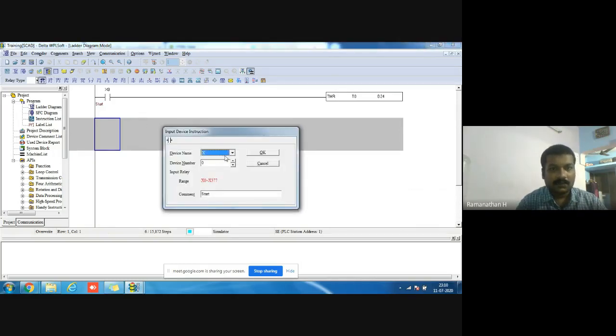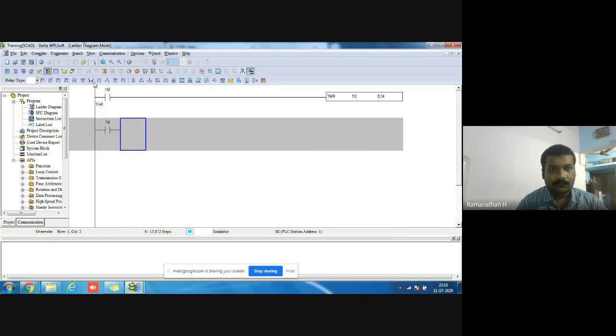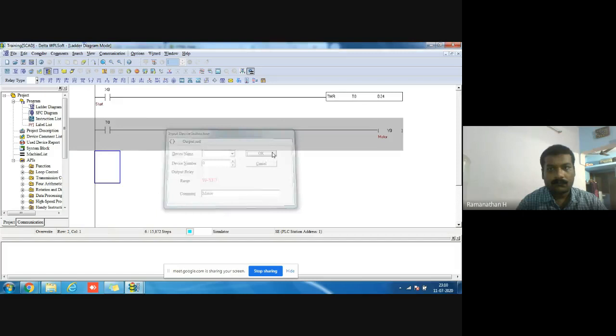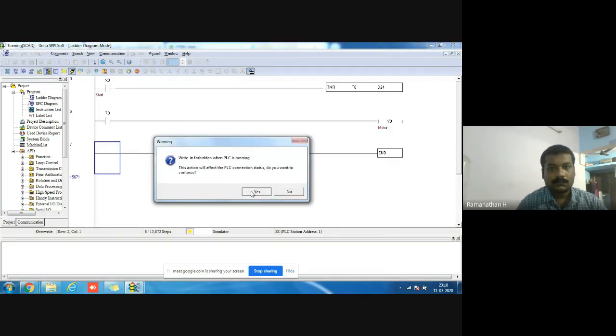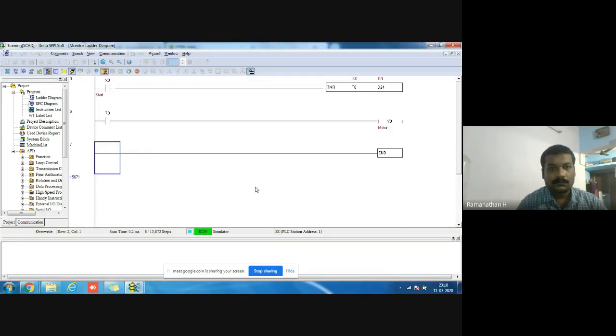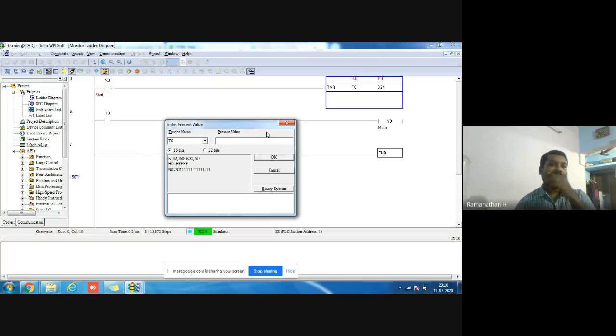I use the timer coil here. I give the timing in terms of seconds only. Here I give some, 30 seconds, and this is not much more, 100 seconds.